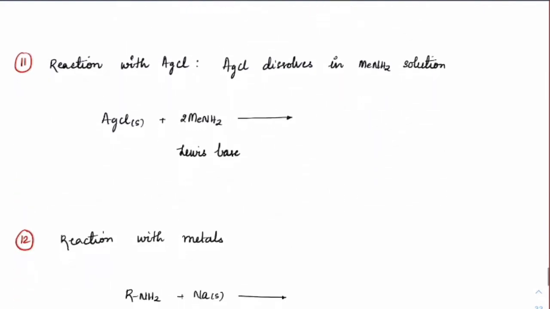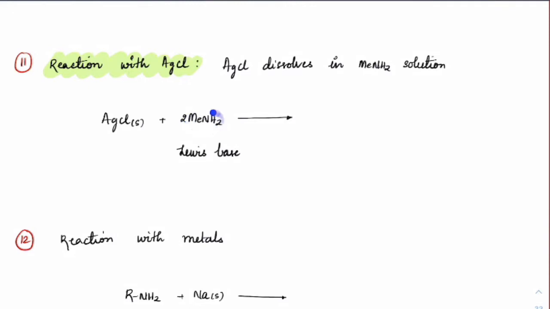Next, let's see reaction with AgCl. So amines, when we treat with AgCl, how does the reaction proceed? AgCl gets dissolved in any form of amines, correct? Up to tertiary not so great, but primary, even ammonia, primary, secondary, it will have a good amount of dissolution, which means AgCl